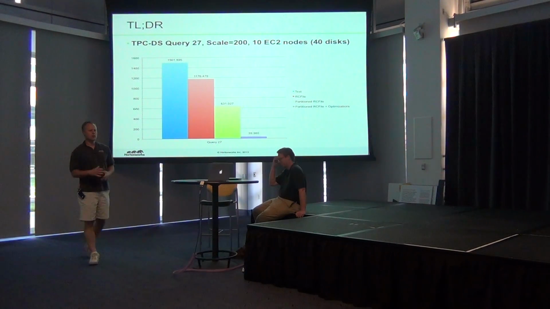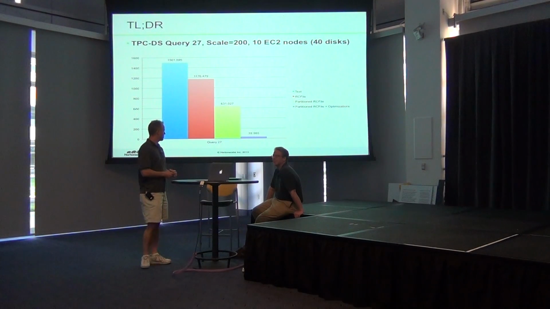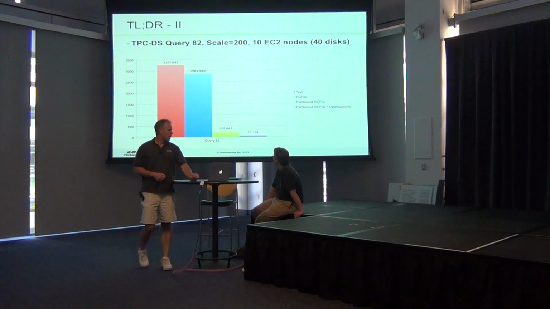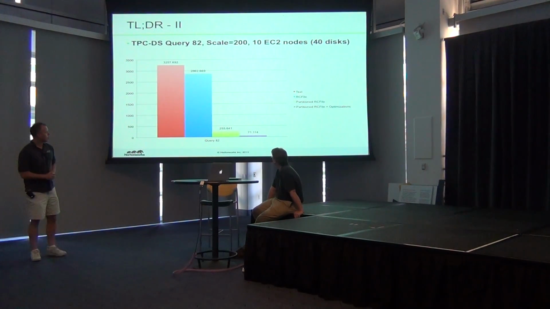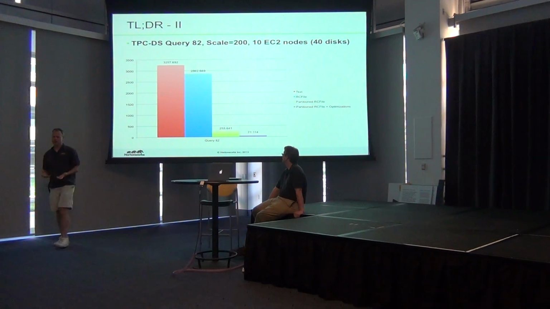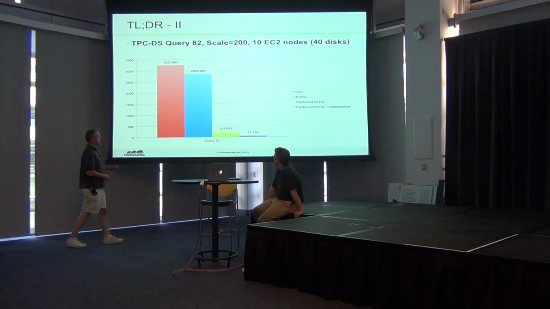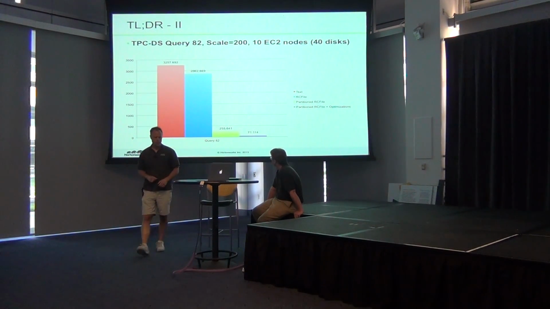So we haven't even started on some of the more advanced, cool optimizations we want to do, which we'll be talking about here a little bit. And we've already made some very significant progress on performance. Just to show that that's not the only change we've been making, one other query that we have been working against was query 2, which is a fact-to-fact join. So this is one where you can't cheat by fitting one of the tables in memory. And we're still seeing some very nice speedups here. We're not under the minute range yet where we want to be, but we're still speeding up pretty nicely.